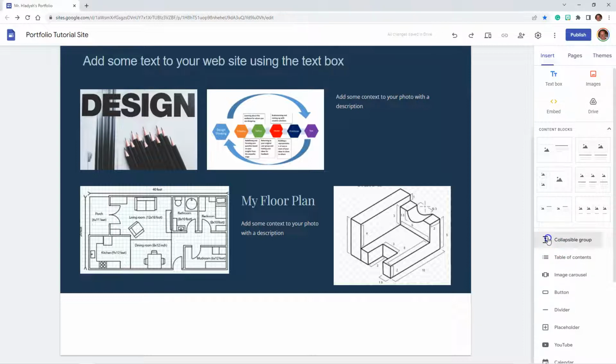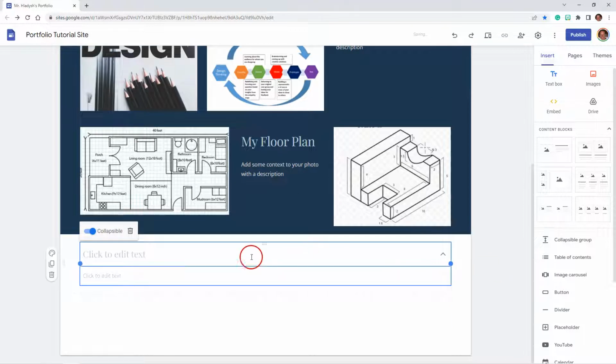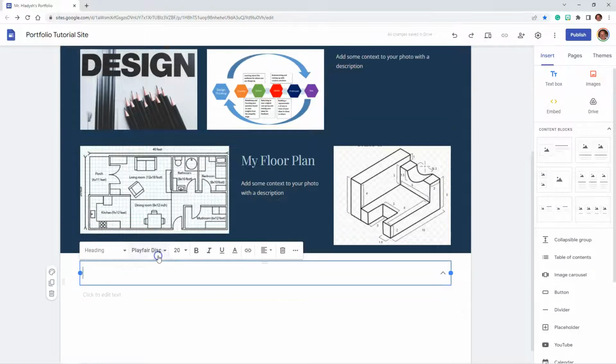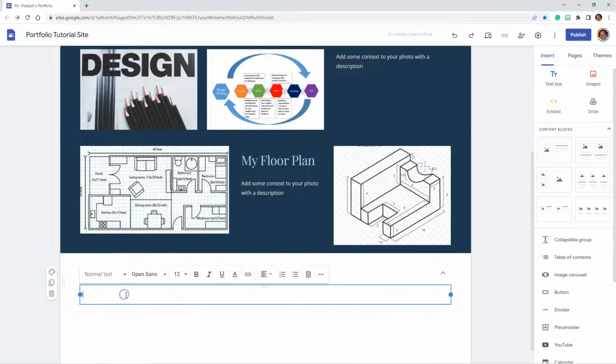And when we select that, it's going to add a new field in there, and we can add some title text into that field, and then we're going to add some additional lines in there. So what it's going to do is create a collapsible field. So I'm just going to go in, give it a title, and then I'm going to add some text in